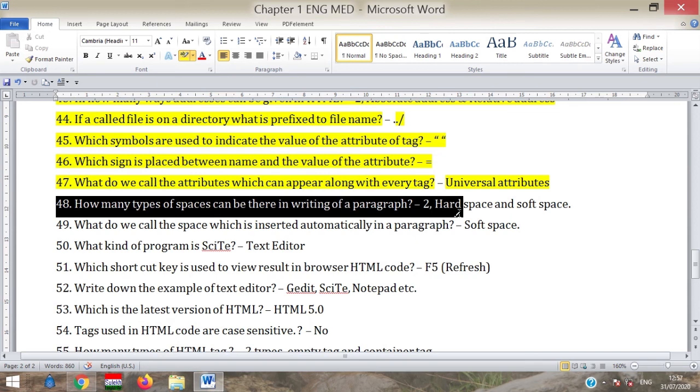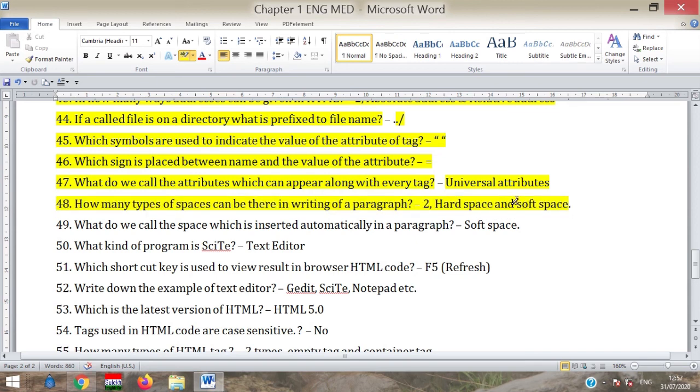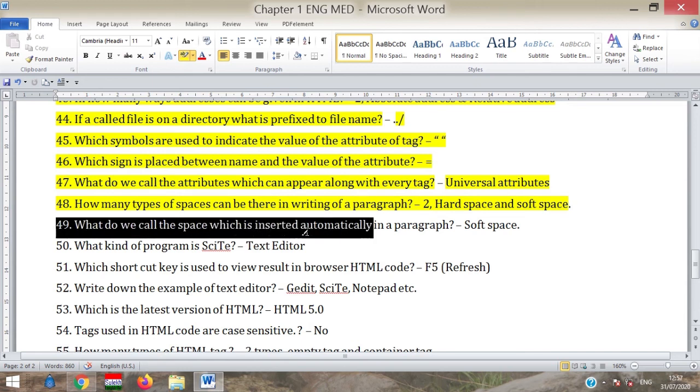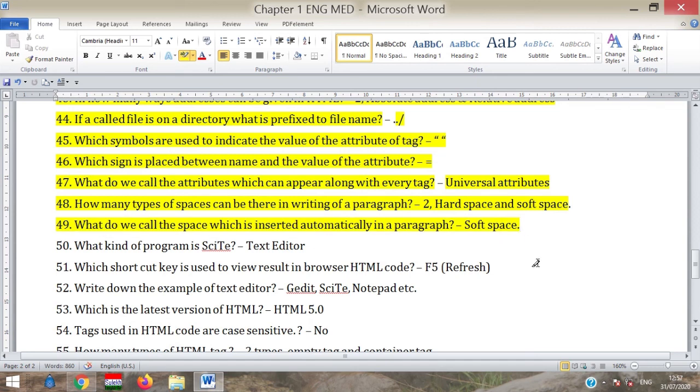It is two types of space, hard space and soft space. Hard space is given by the user, and soft space is automatically adjusted by the paragraph. What do we call a space which is inserted automatically in a paragraph? It is called a soft space.